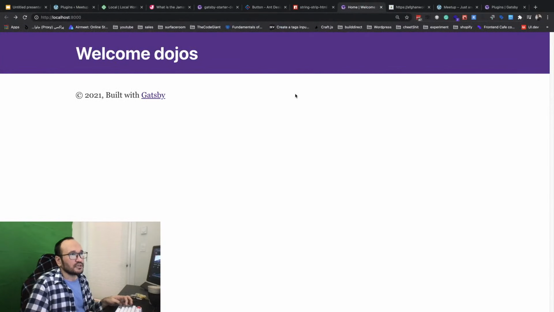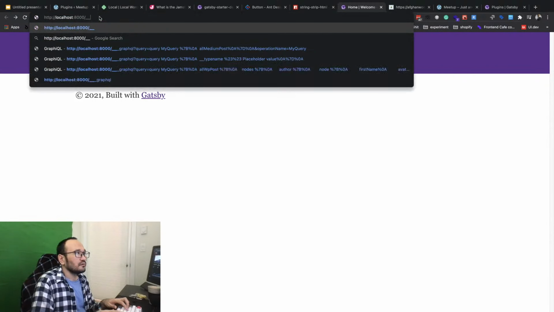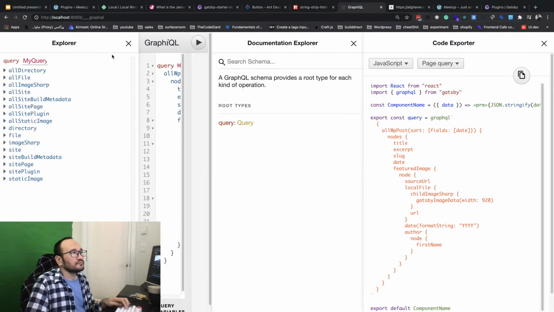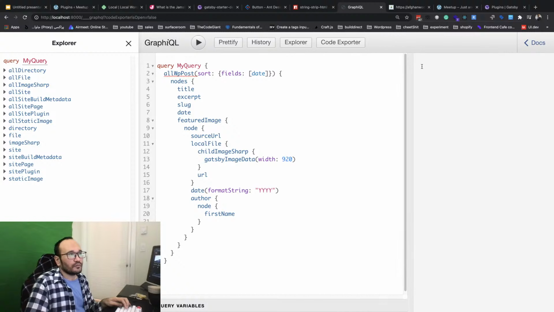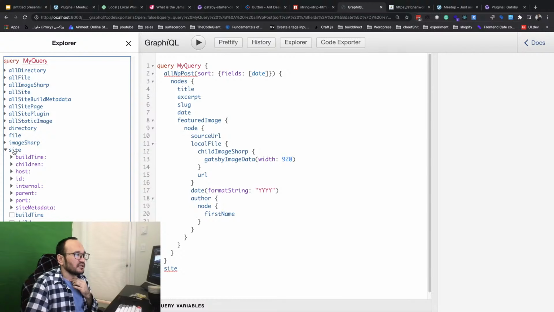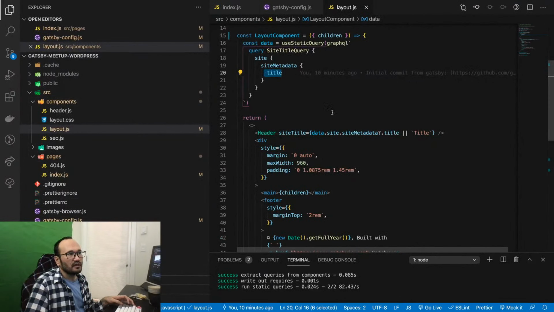So how does that actually work? Let's see here. If I have that and then I add underscore graphql, I think it's something like that. So this is a graph, you see. It's generated by Gatsby. It gives you all the information. So here it was site, and then let's see what the code is here. Site, site metadata and title.